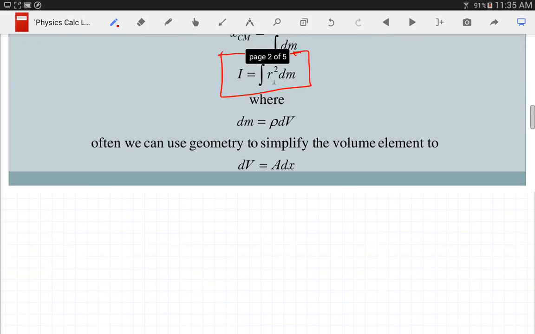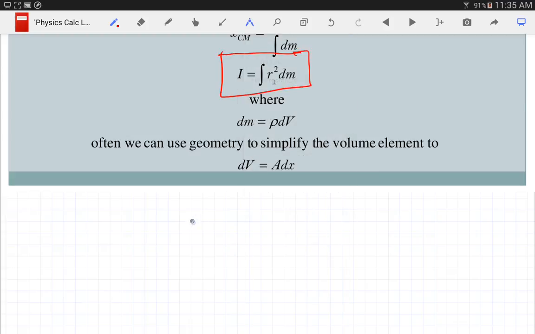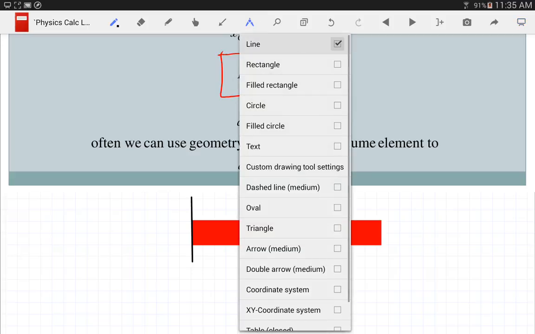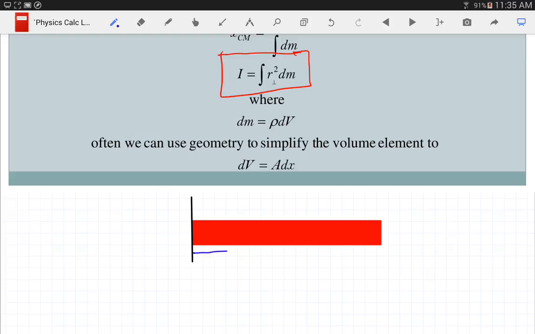So I will just make a little contrived problem here of having a uniform rod that I'm going to rotate about that axis. That's supposed to be a vertical line. And so my rod is going to have some length L